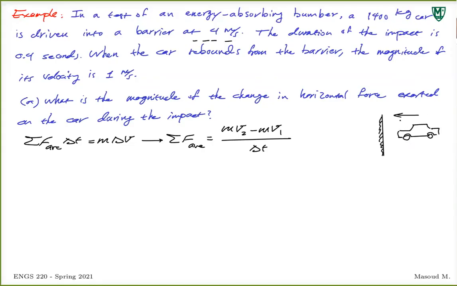This car is going towards it with 4 meters per second. It hits the barrier. The impact takes 0.4 seconds. It bounces back with 1 meter per second. So pretty straightforward. We have velocity before impact, velocity after, right? mv2 minus mv1. We know the mass, we know the time difference. We can find the amount of force, the average force applied to this car during this